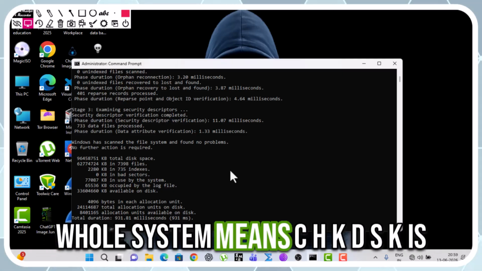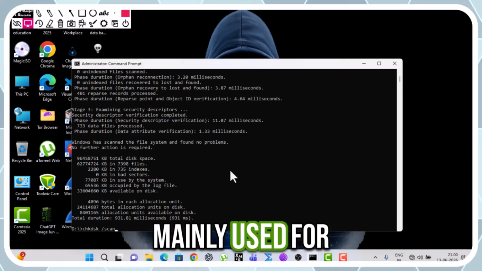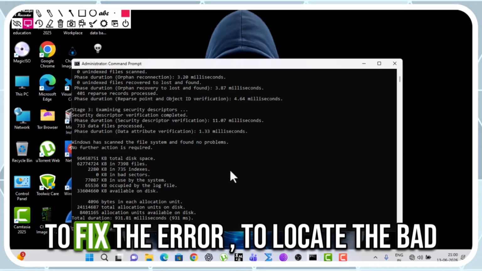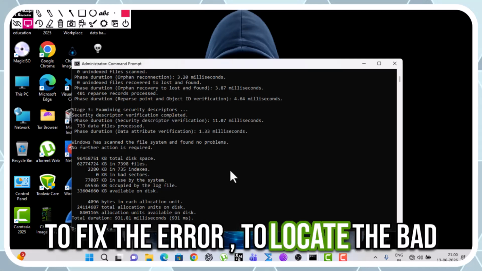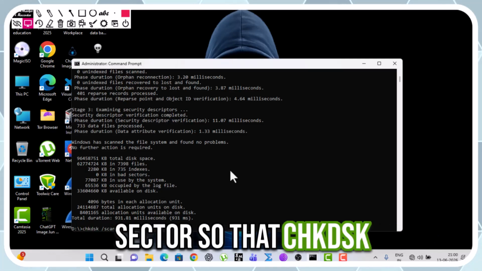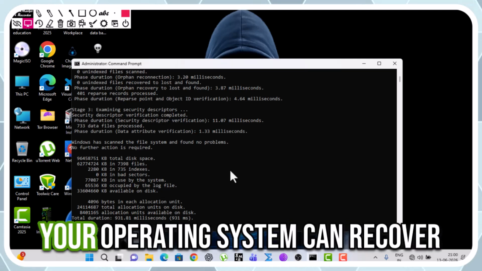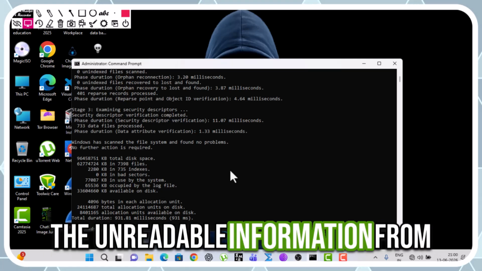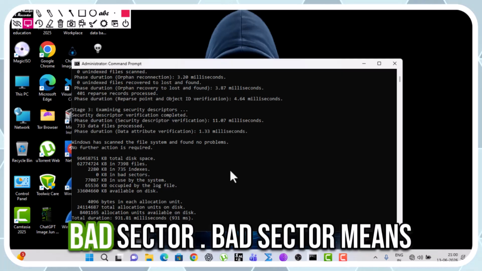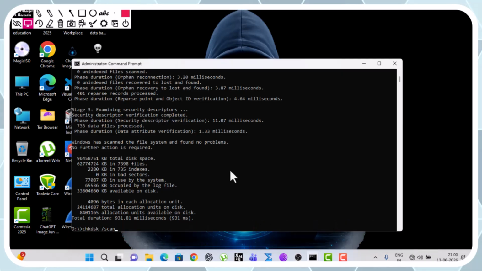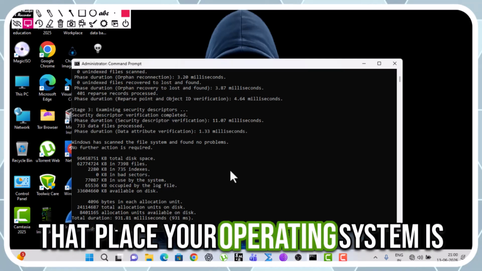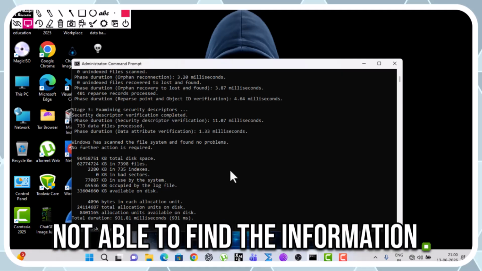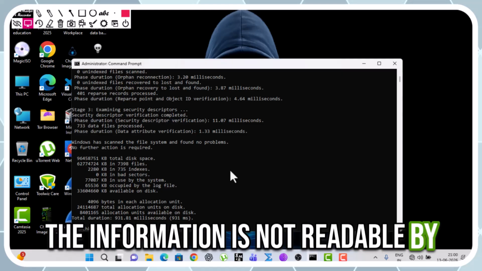Whole system means chkdsk is mainly used to scan the hard disk to fix errors and locate the bad sector, so that your operating system can recover the readable information from the bad sector. Bad sector means a place where your operating system is not able to find the information. The information is not readable by the operating system.